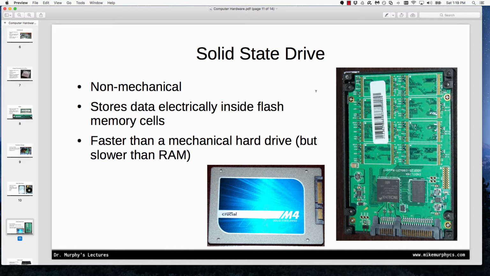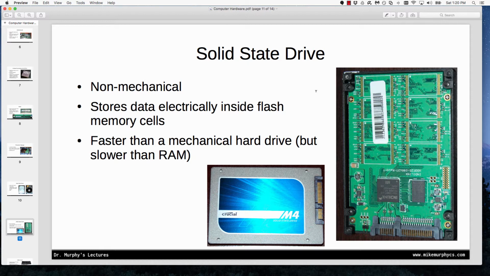A lot of computers nowadays are starting to come with solid state drives or some hybrid between solid state and mechanical hard drives. What's the advantage of it though? It's non-mechanical. It stores the data electronically inside flash memory cells, similar to a flash drive when we plug that in. Although it's much faster than a flash drive, and it's also much faster than a mechanical hard drive,